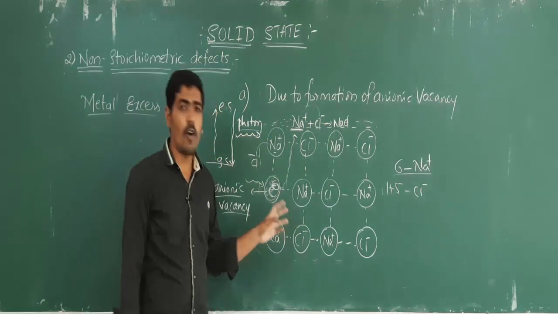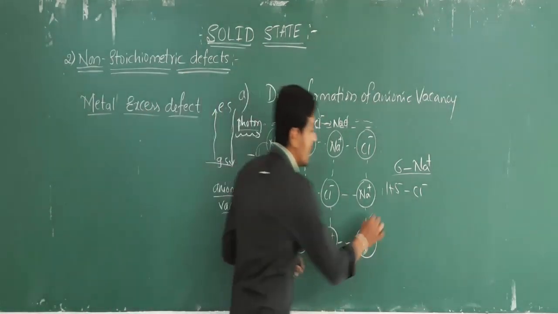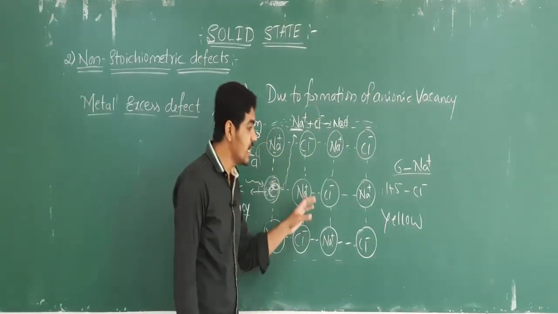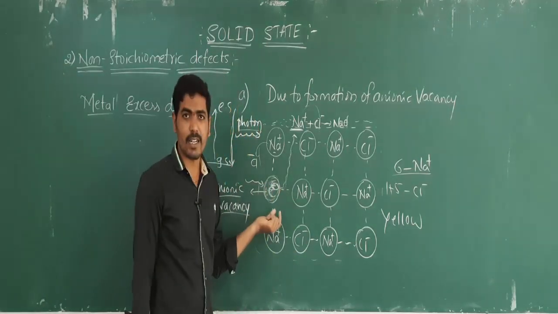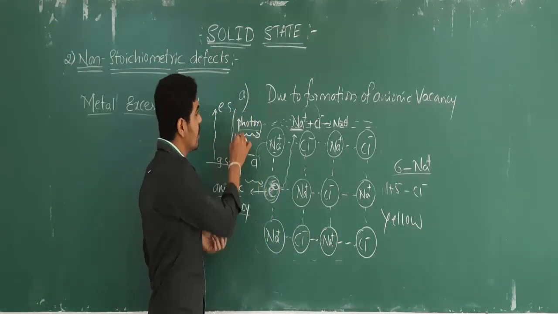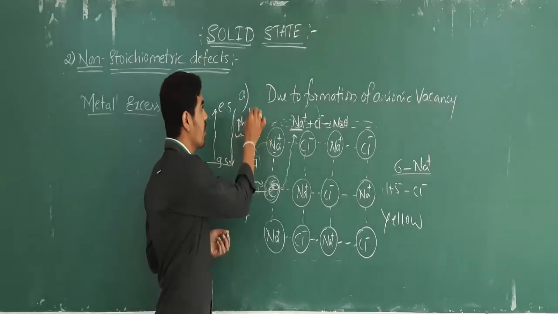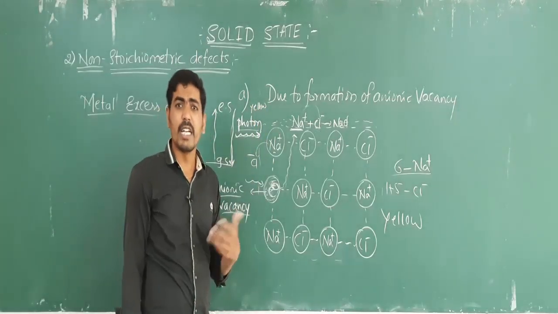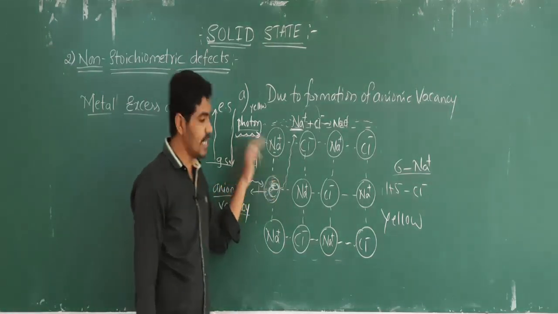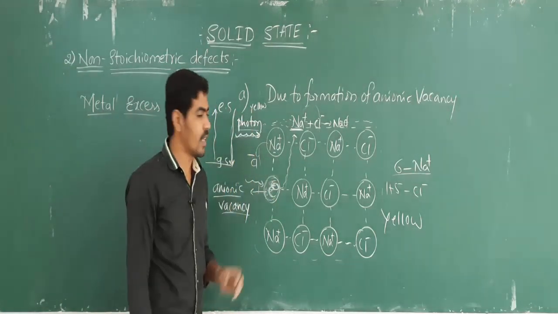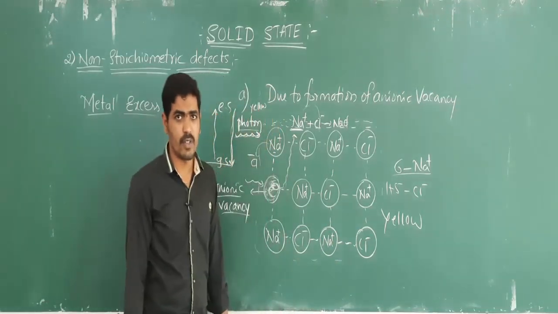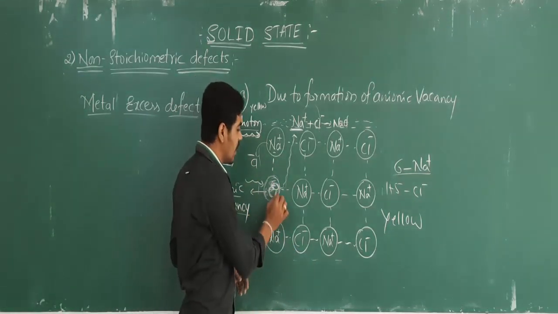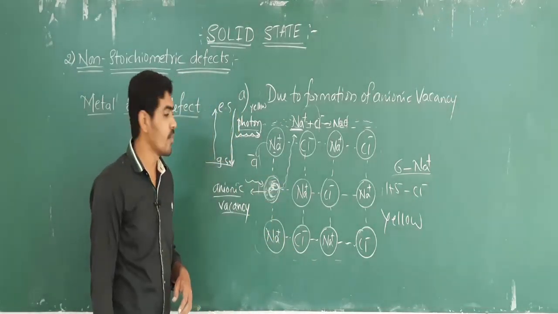Okay, the crystals of NaCl will give yellow color on heating. It is because of the presence of this electron. Because while coming back to the ground state, it will emit the photon which is yellow in color. Okay, different crystals emit different colors. In NaCl the color will be yellow. So crystals are colored on heating because of the presence of this electron at the vacant site, and this